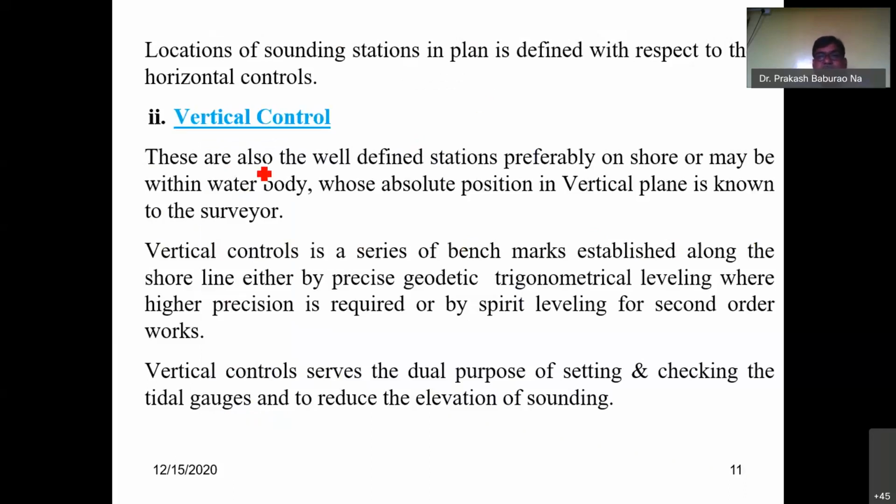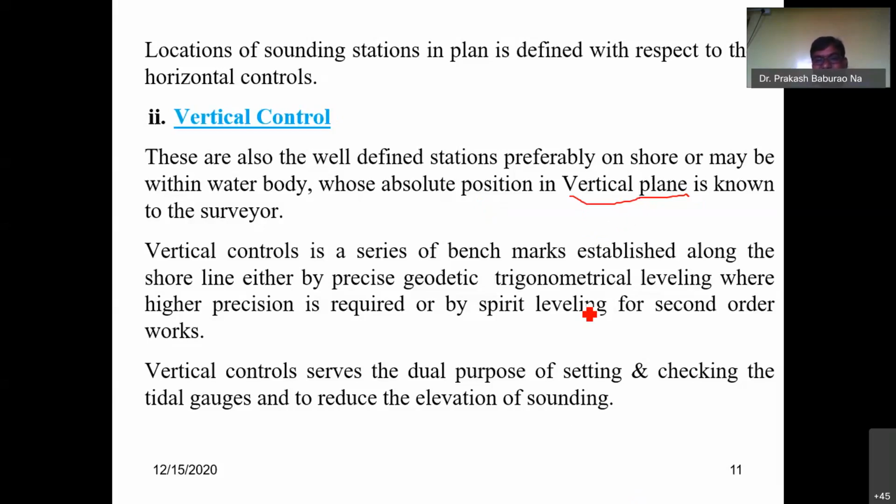What about the vertical control? It is a well-defined station, preferably on the shore or maybe within the water bodies. In horizontal control, the absolute positions in the horizontal plane are to be known by the surveyor. In vertical control, that is in the vertical plane, the absolute positions of the points are to be known by the surveyor. So vertical control is a series of benchmarks to be established along the shoreline,